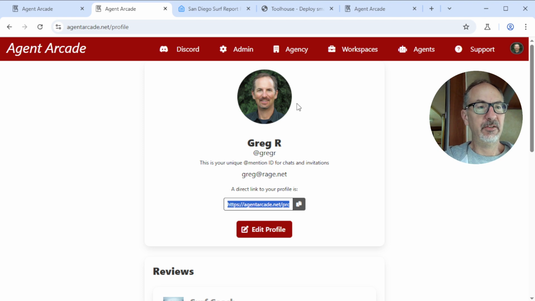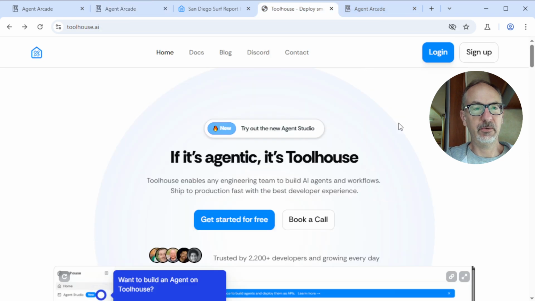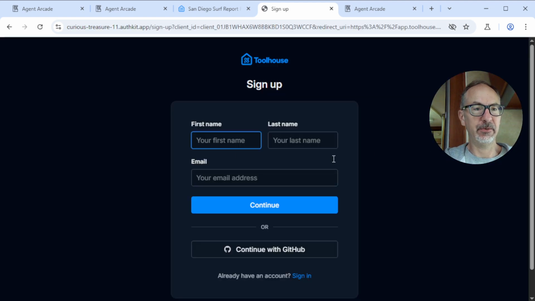So once you've got your Agent Arcade account, the other thing you'll need is a Toolhouse account if you don't already have one. That's easy. Toolhouse.ai. You can click the sign up link here, and that will take you to a sign up form. And you should also get some free credits as part of your sign up for Toolhouse, some execution credits on the platform. So once you're all signed up for that,